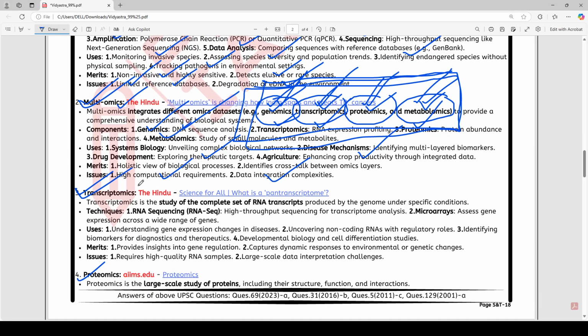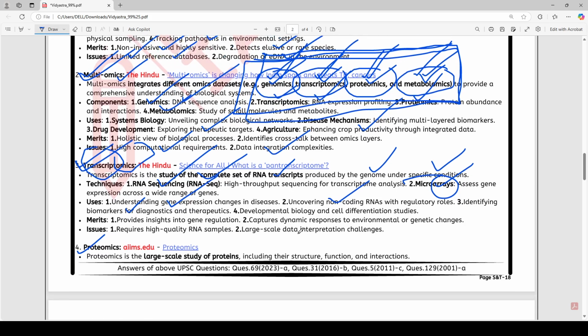Transcriptomics I already told you. Transcriptomics is about how RNA transcribes the information which our scientist, the gene, has, because RNA is an engineer. It is the study of the complete set of RNA transcripts produced by the genome under specific conditions. The techniques can be RNA sequencing and microarrays, which is an older technique. Okay, understanding gene expression, as I told you, uncovering non-coding RNAs with regulatory roles, identifying biomarkers for diagnostics and therapeutics,